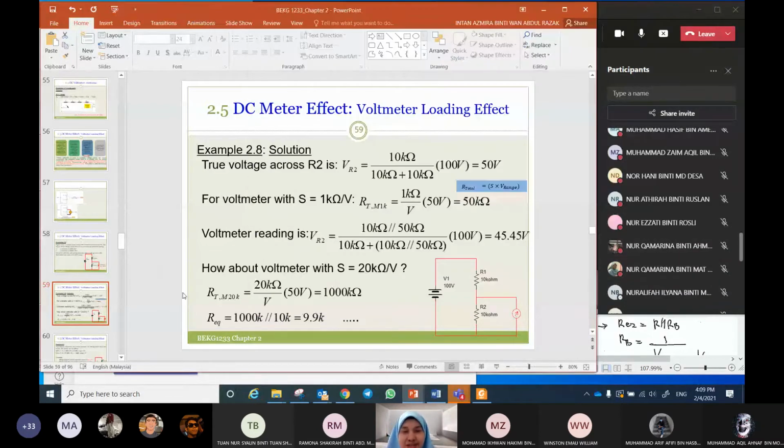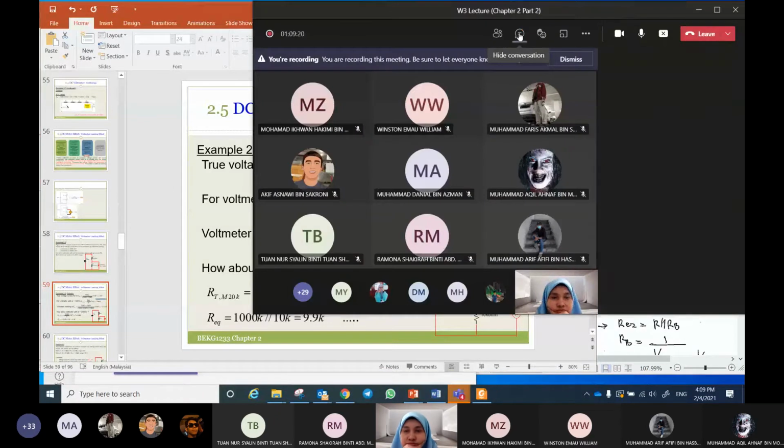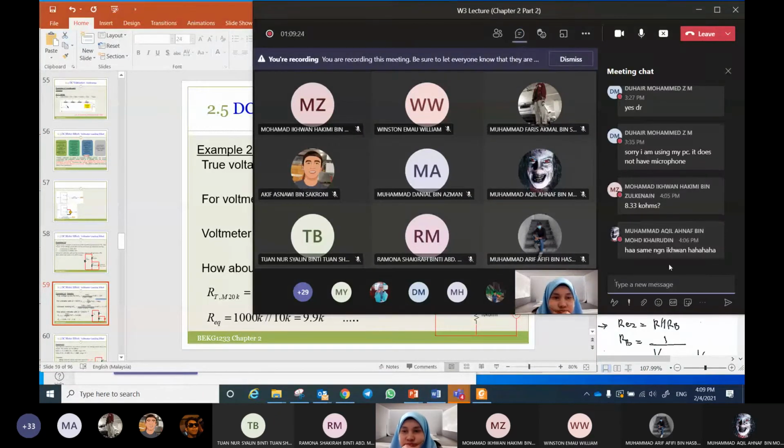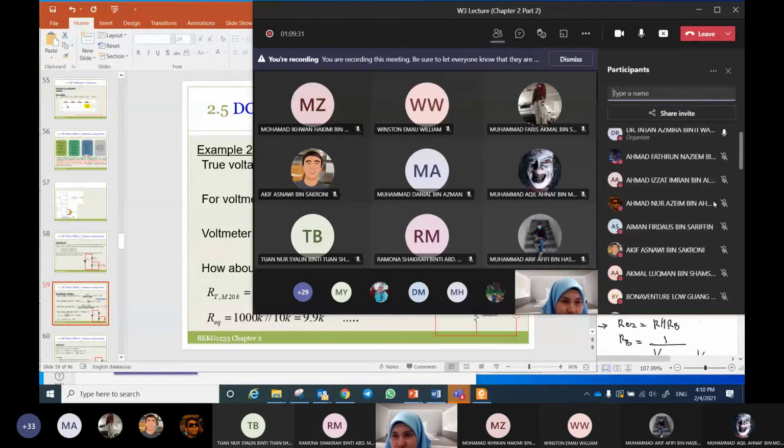Kamarina, Mak Razi. Okay. The next step is, nampak tak ni? Dot. Please continue. After we get our equivalent of the second voltmeter, the next step is